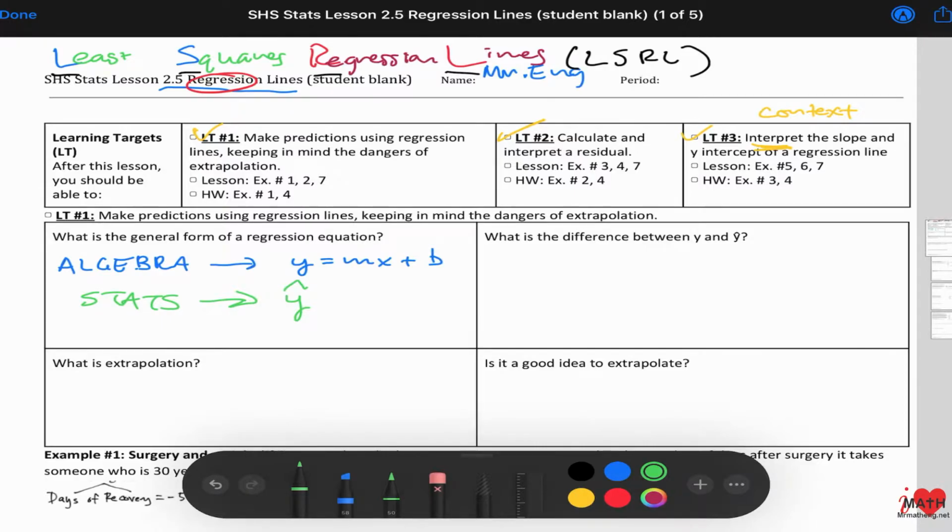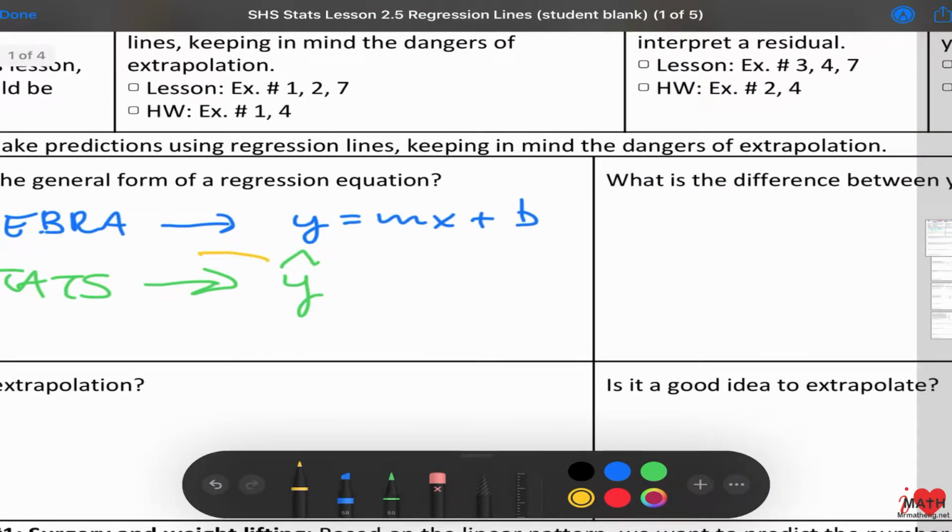This is called y hat. Let's write that. Y hat, and that formula is bx plus a. Or if you turn it around, but I kind of wanted to show you that the